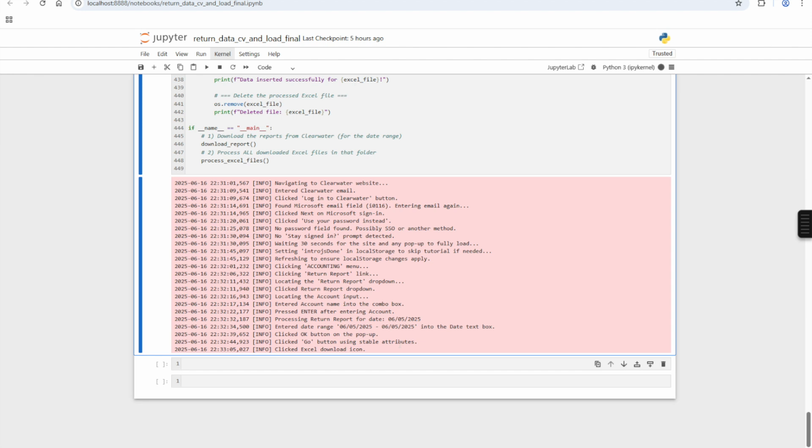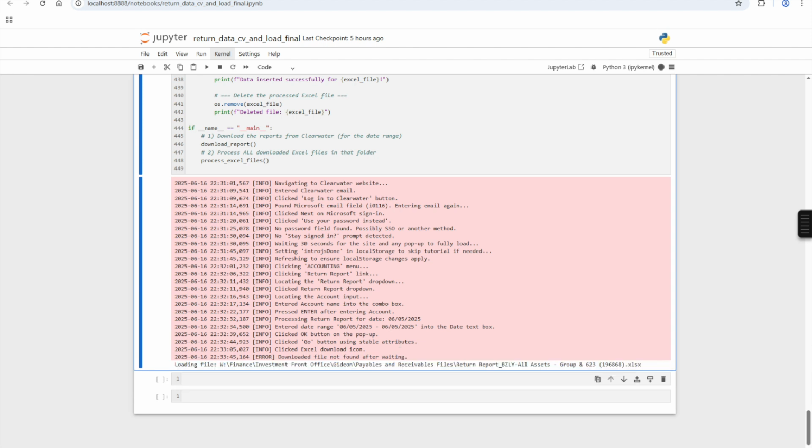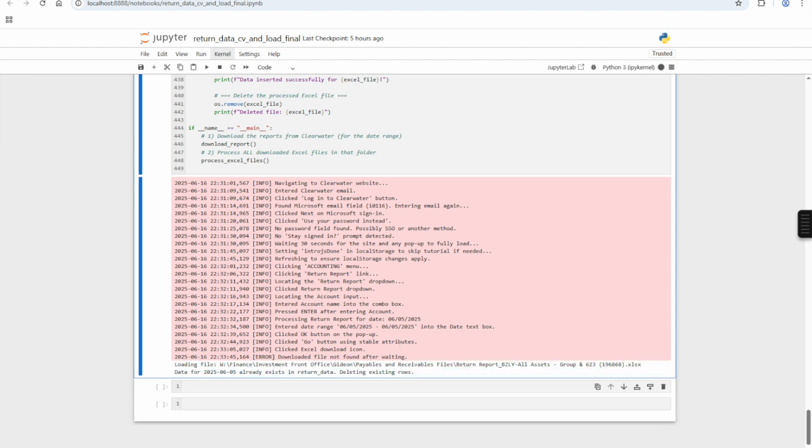website. So now what I expect it to do next is, obviously, that report is stored primarily in Excel. It's stored in a folder. So it's loading the file, and it's found the report